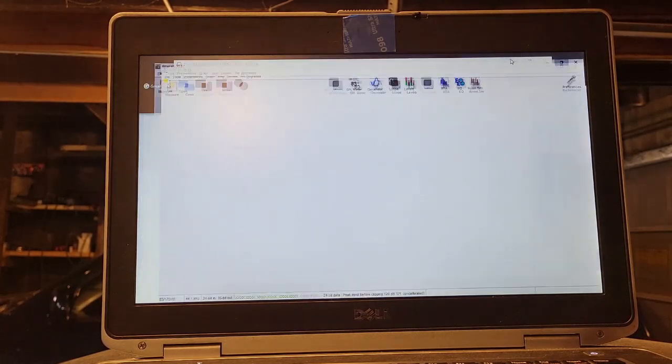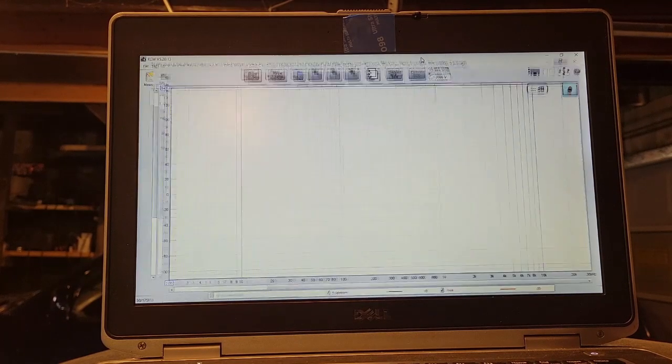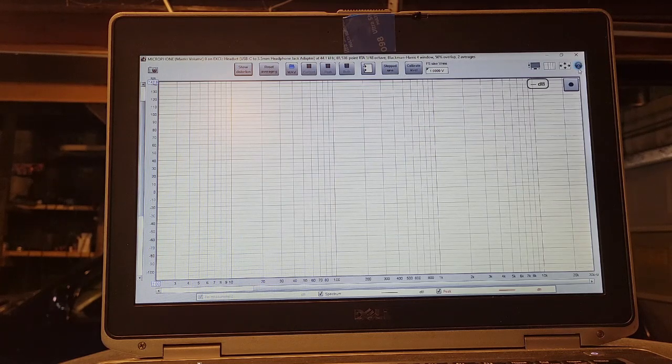Then I'm going to come over here to REW. I'm going to get RTA. Make that bigger for y'all. Come here. I want to do RTA 1/48. I'm going to leave it on no smoothing. Get that out of the way. And I'm going to